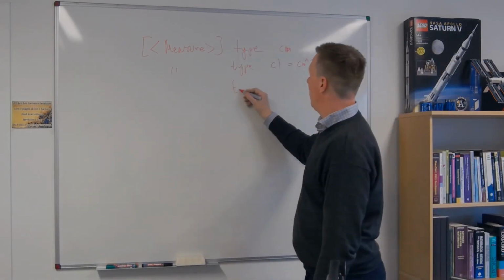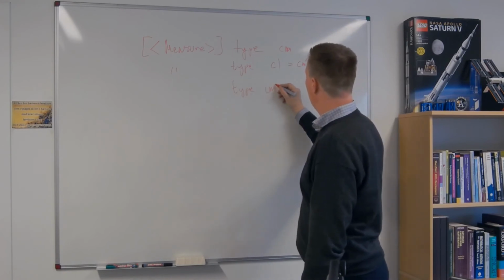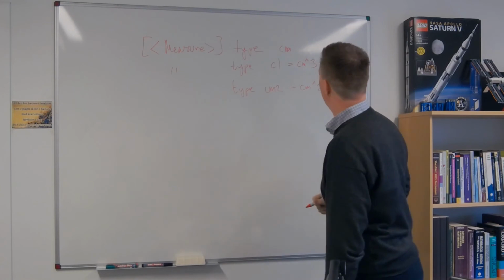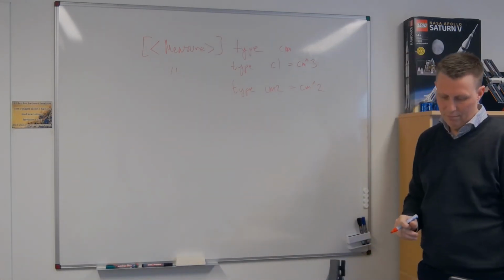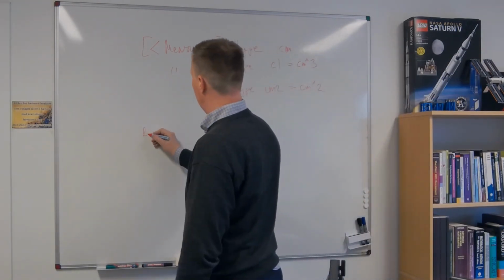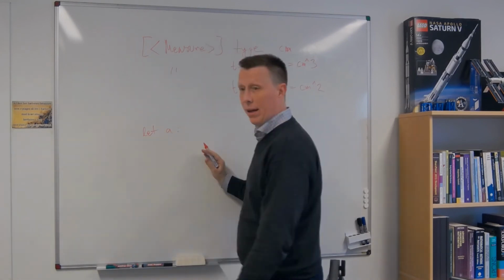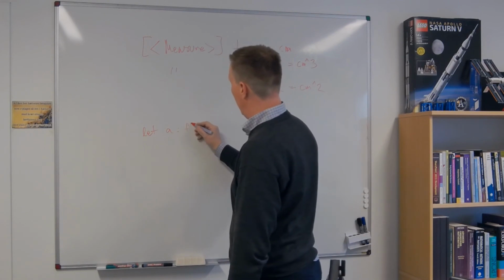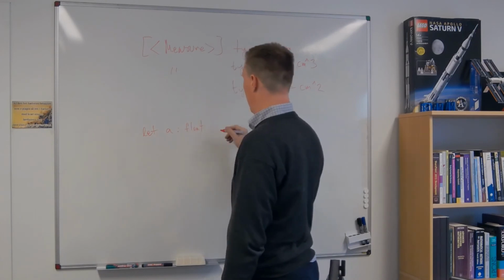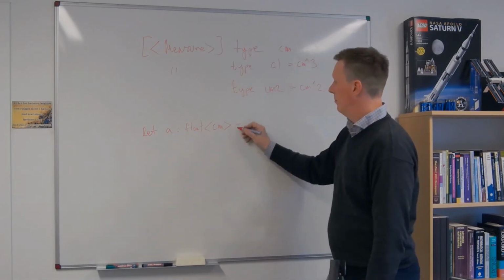And then I can say, well, type cm2 to be, well, cm to the power of 2. Okay. So I can use these measures now. I can say, okay, let A, and I can give it an explicit type, say it's a float of centimeter, 2.0,